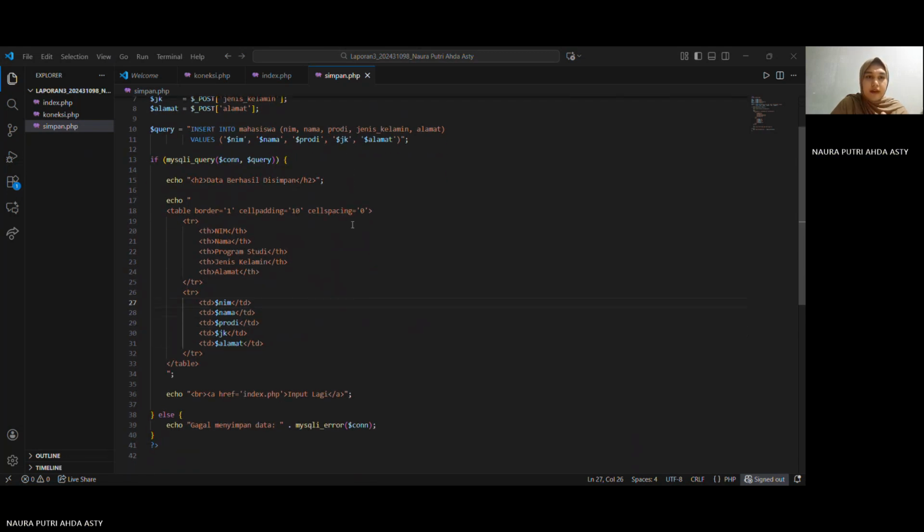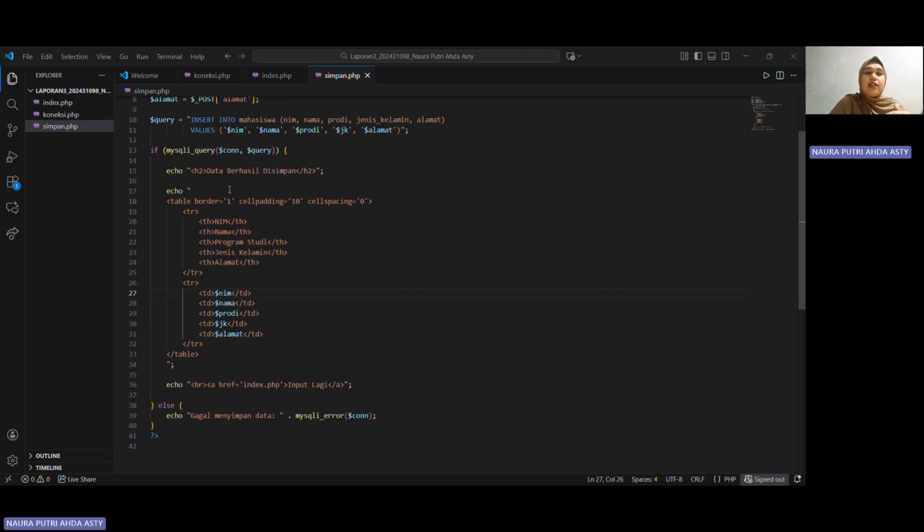This one will print data berhasil disimpan, which is, the code will check if my SQL query is successful or not.